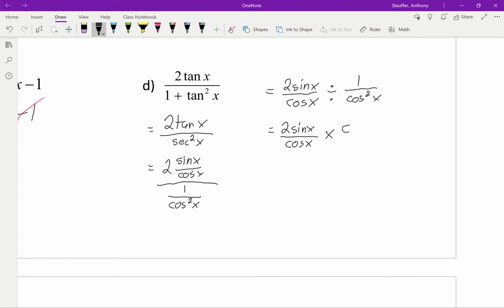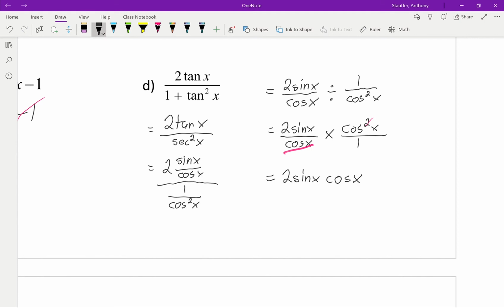We kiss and we flip. And then, getting my cancellation, that will cancel the square with the cos x. And this leaves us with 2 sine x